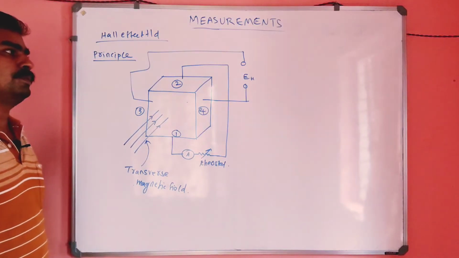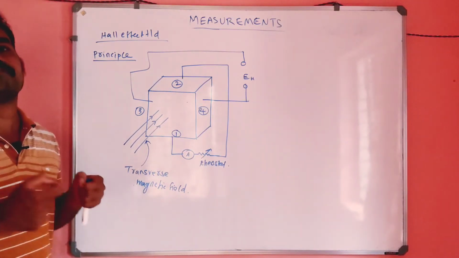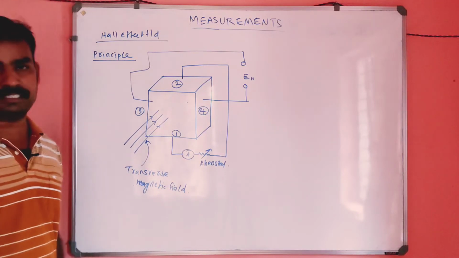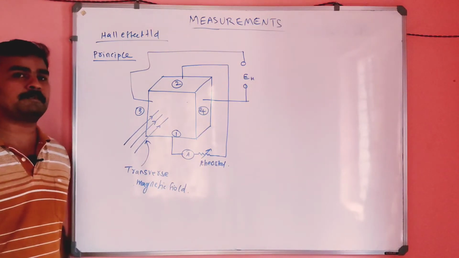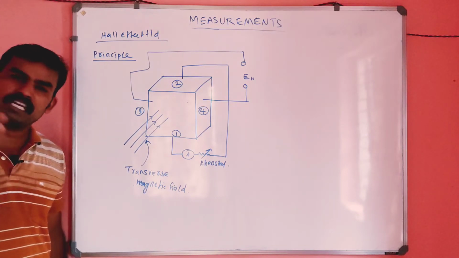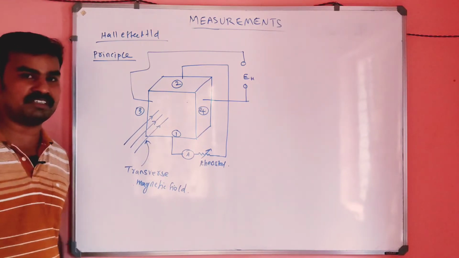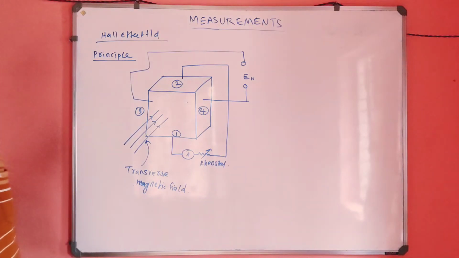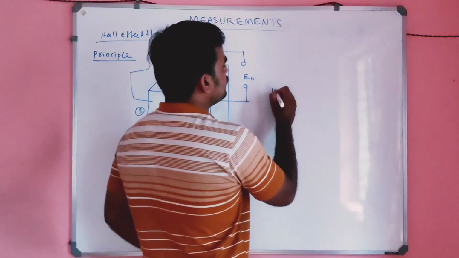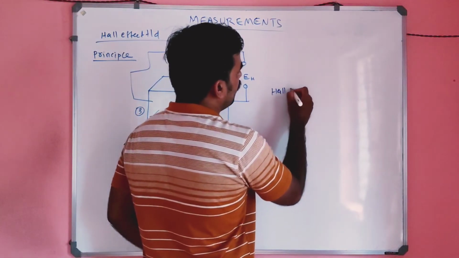if you measure the voltage across these 3 and 4, there will be a small voltage, my dears. There will be a small voltage in the millivolt range, or sometimes the microvolt range. That voltage is called the Hall voltage, and there is an equation for the Hall voltage, my dear. Hall voltage,